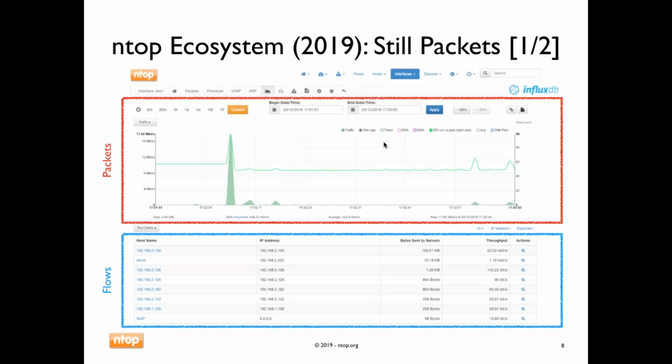But still, we are talking about packets. So it means that the faster the network is, the more packets we have to process. And this is a problem. Not just because of the volume of the traffic, but also because conceptually, there is no evolution in this business, because we are still doing the same thing we did 10 years ago, simply faster, and we had to face new challenges such as encryption or new protocols, but nothing really happened in this market to make it a little bit different, because we are still talking about packets